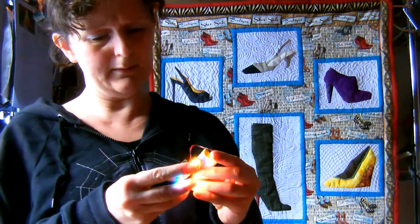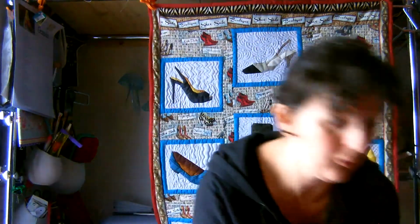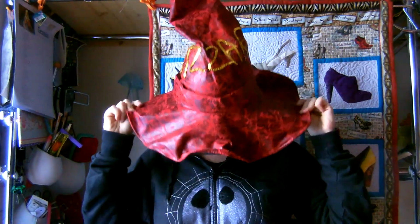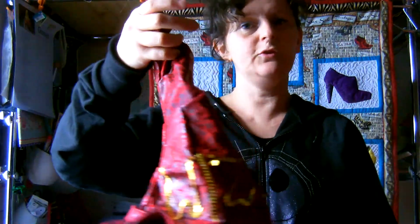And then I've been doing, oh, the dress. I wanted to show you my costume. So I'll be going as Rincewind, a very unfortunate, unlucky wizard with 2 Z's. So this is my hat. It's the only thing I haven't done, because I found the perfect red hat and I just put the sequins